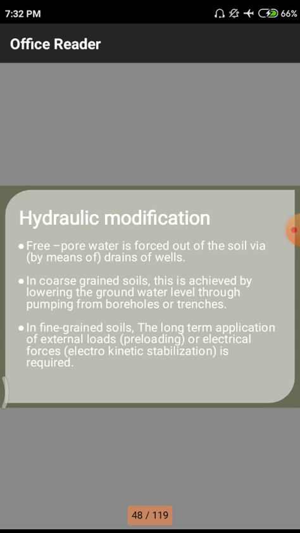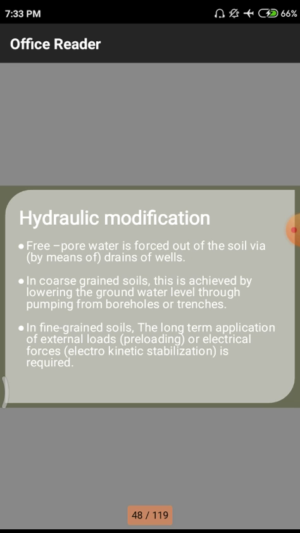Why? Because if we leave the particular soil strata with a huge amount of water, the water will automatically penetrate to the sublayers of the ground, so the properties of the ground will decrease due to the entrainment of these water molecules. There may be a huge amount of voids and other things formed due to the entrainment of water, so we need to drain it by using this hydraulic modification, by constructing a particular number of wells.